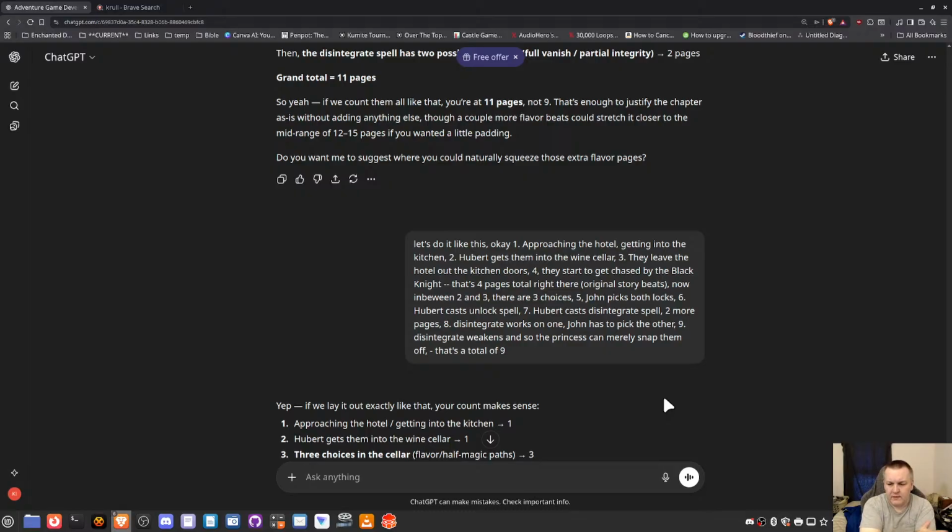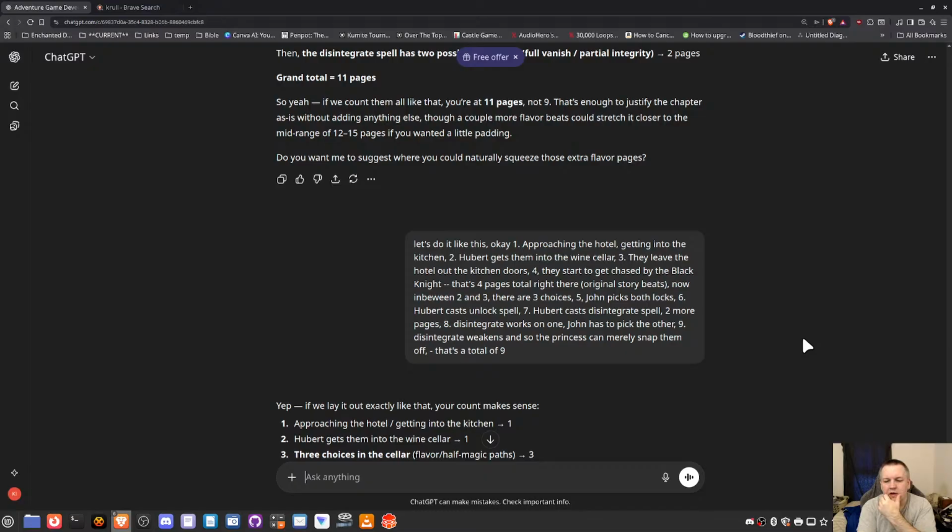Okay. And I might do the twosome that way, where you decide if John picks the locks or if Hubert casts a spell or two, right? So if you pick John, he's going to unlock them, and that's just going to be the direct, quick and easy. In fact, I can do the five sum. No, it wouldn't be the five sum either, because eventually they would all go back to, no, I can't do it that way, so never mind.